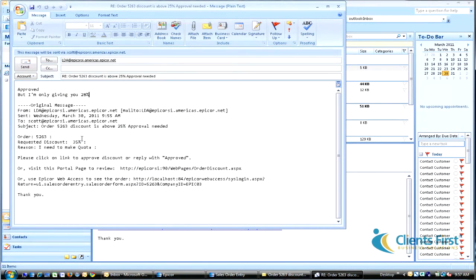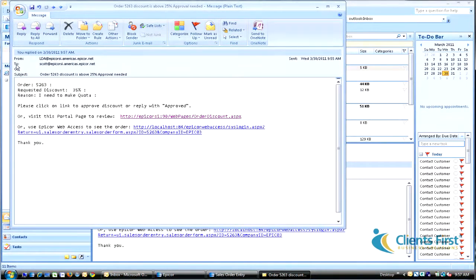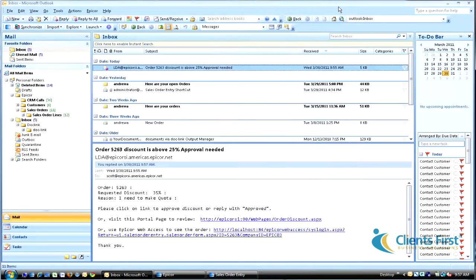And now down in the requested discount, I'm going to change this to 28% and I'm going to send it. And now, in this case, the salesperson is going to get an email telling him his order has been approved, but that it's only been approved for 28%. Some other things are also happening behind the scenes. So once that email is sent and Epicor picks it up as part of the process, we'll go back into